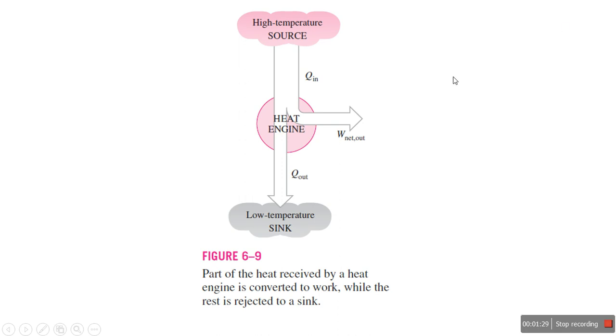We see the basic application of the Kelvin-Planck statement as a heat engine. Every system where heat energy is converted into work energy, you call that system a heat engine. Take the example of a car, where heat is converted into work energy. Take a steam power plant, where heat energy is converted to work energy. Such a kind of system we call a heat engine, which follows Kelvin-Planck. According to Kelvin, whatever amount of Q is supplied, we can't get it completely converted to W. There must be losses there. So how do we represent this system?